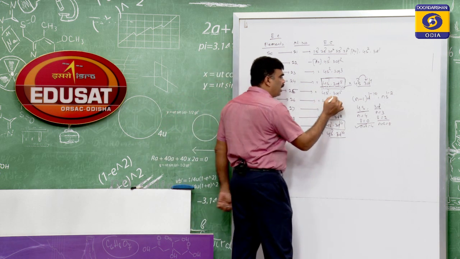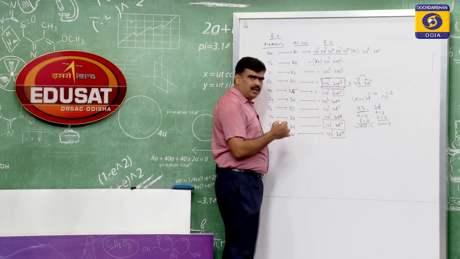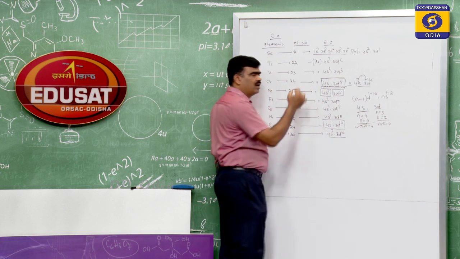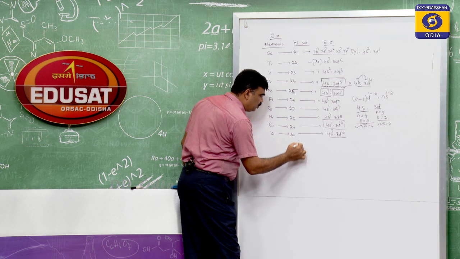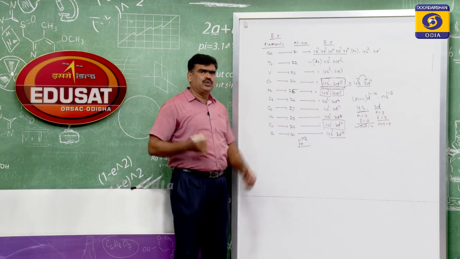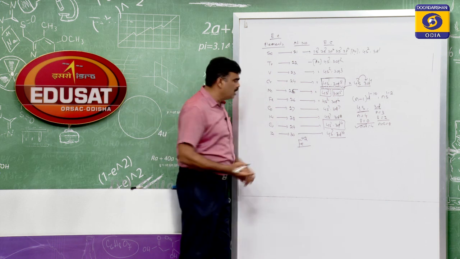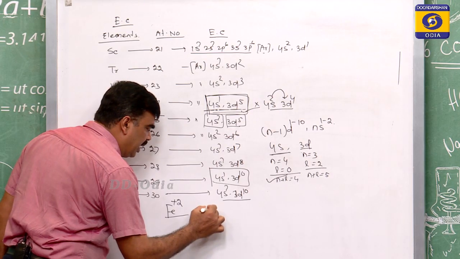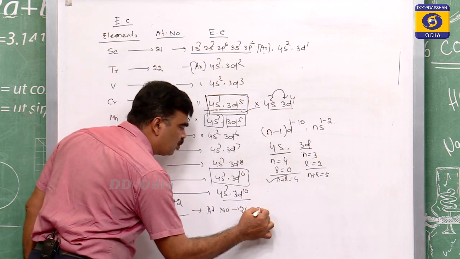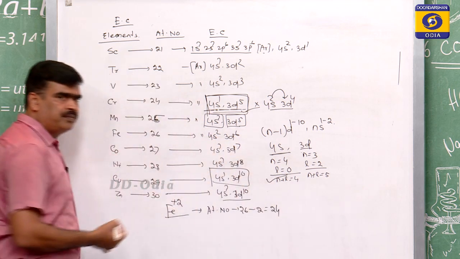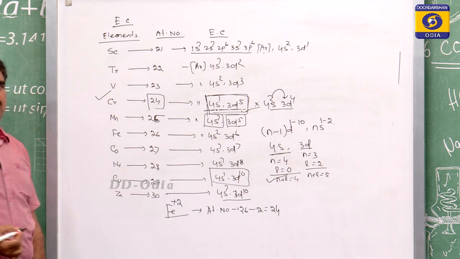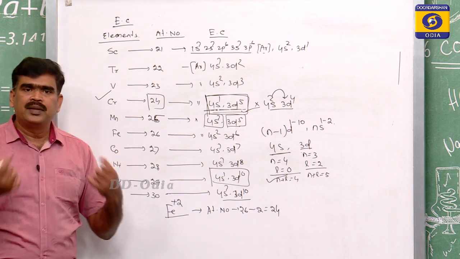That means at last the electron is filled in the d subshell, but when ionization takes place the electron goes from the 4s subshell. For example, if you are asked to write down the electronic configuration of Fe2+, what will be your answer? Many students make mistakes. What mistake are they making? They simply write atomic number is 26, 2+ means it loses 2 electrons, so it has 24 electrons. With 24 electrons, they write the electronic configuration like chromium. It is suicidal.